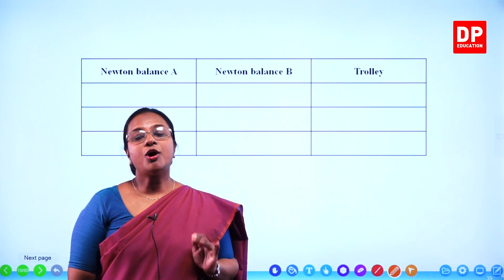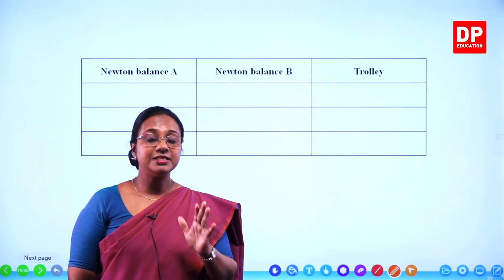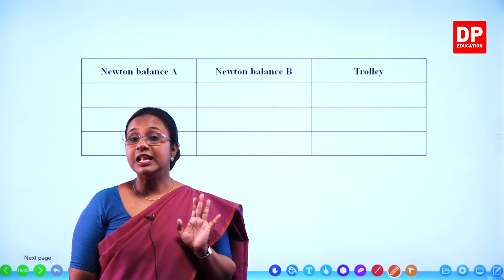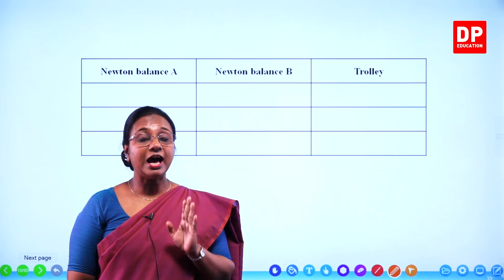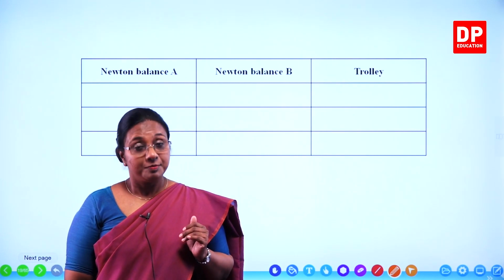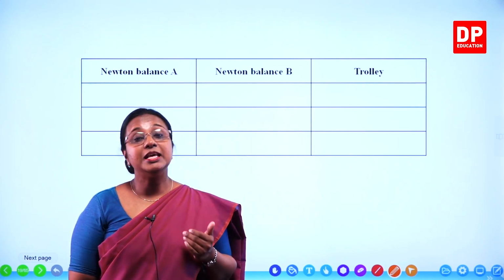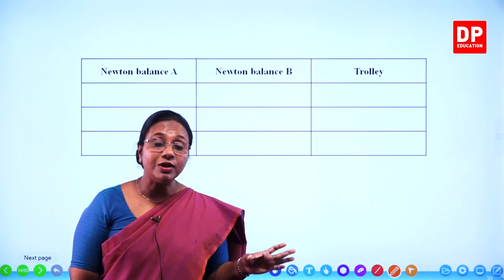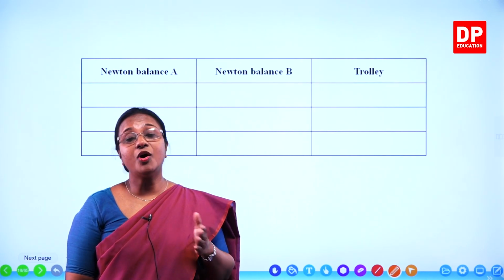Okay, students, you all observed the activity clearly, but you can remember, although in our procedure that was given in our textbook, it was said to apply 4 Newton and 6 Newton forces, when I carried out the activity, I applied different magnitudes of forces. I explained that to you all during the procedure. When I explained the method also, I explained to you all, you can apply any magnitude of force. Only thing is, at certain instances, we have to have equal magnitudes for A and B. At other instances, different magnitudes for A and B.